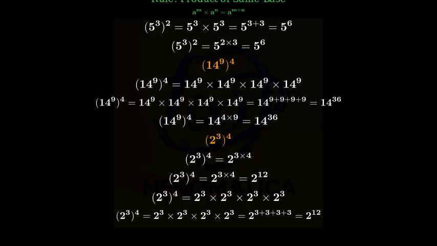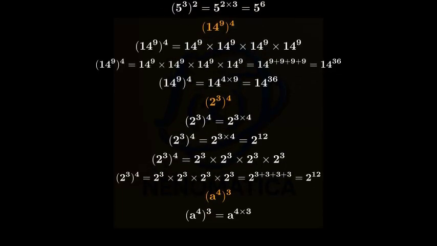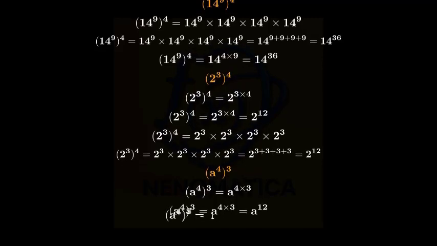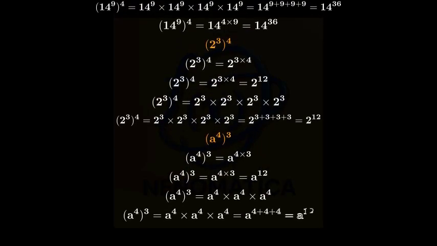Let's try another exercise. This time, we have a variable expression, a to the power of 4 raised to the power of 3. Applying our rule, a to the power of 4 raised to the power of 3 equals a to the power of 4 times 3. Computing 4 times 3, we get a to the power of 12. We can also expand this as a to the power of 4 multiplied by itself 3 times. Adding the exponents, we get a to the power of 4 plus 4 plus 4, which is a to the power of 12. Finally, let's examine the general